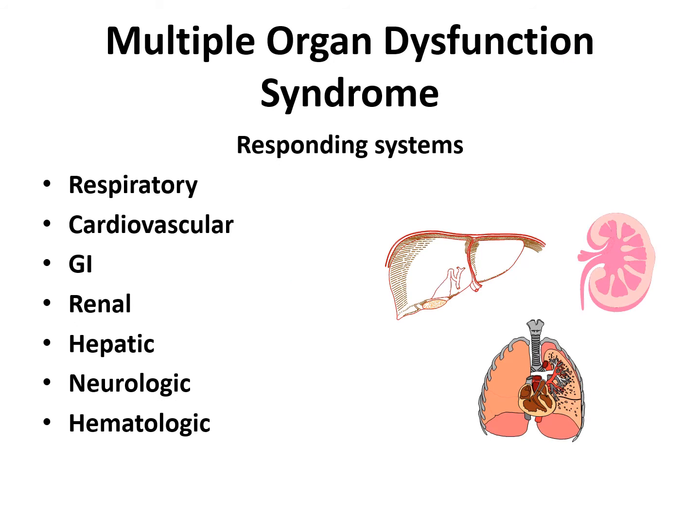With multiple organ dysfunction syndrome, these are some of the systems that I'm going to talk to you about: what do they look like when they're failing, and what do we need to do to restore their function? With the respiratory system, it is a patient that is in acute respiratory failure, whether it's hypoxic or hypercapnic failure or both. The respiratory system failure can also present itself as ARDS, which would be the refractory hypoxemia that we see in ARDS and the non-cardiogenic pulmonary edema that we see with ARDS.